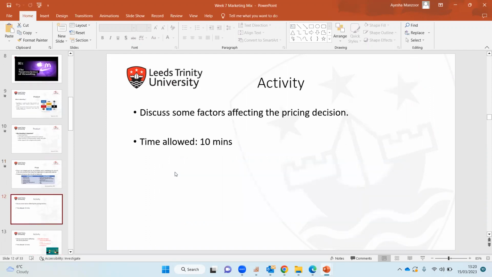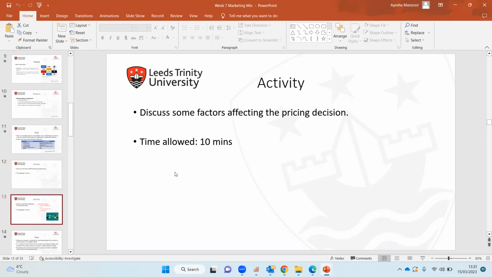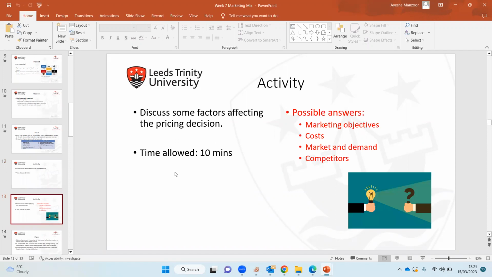Then we have an activity in class to discuss some factors affecting price decisions. For example, students were able to identify how much the price was before COVID, and how much the price of necessity products was about 2 years ago. So they can differentiate what factors are affecting the economy or the organizations overall, and how prices are changed, increased or decreased at some points.